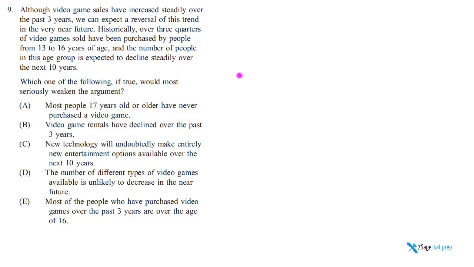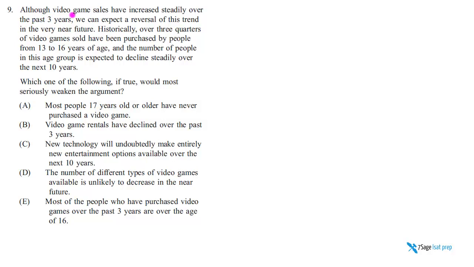Some of the trap answer choices will just try to pull you in different directions and try to get you to attack the premise itself or attack the conclusion itself, but that would be bad. The premise is supposed to be supporting the conclusion. You're supposed to be attacking the support. You're supposed to be saying something like, this could be true, but despite this being true, this doesn't have to be true. You don't have to negate it. You don't have to attack the conclusion, but let's see how that theoretical idea plays out pragmatically in this question.